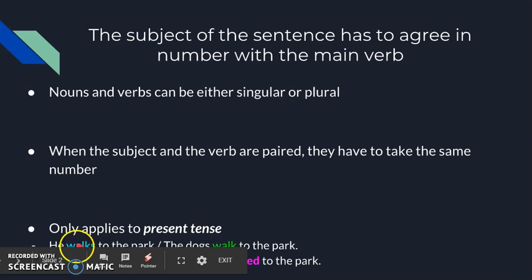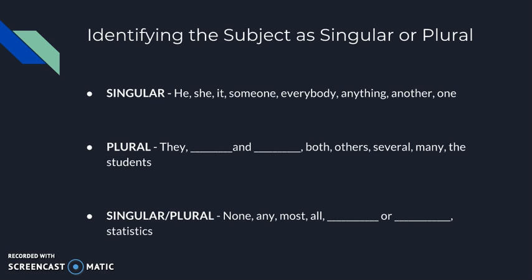Blue represents a singular verb, and green represents a plural verb. In present tense, you can see the verb changes when the subject swaps from singular to plural, but in the past tense sentence, the verb does not change when the subject swaps from singular to plural. Before we start figuring out how to apply